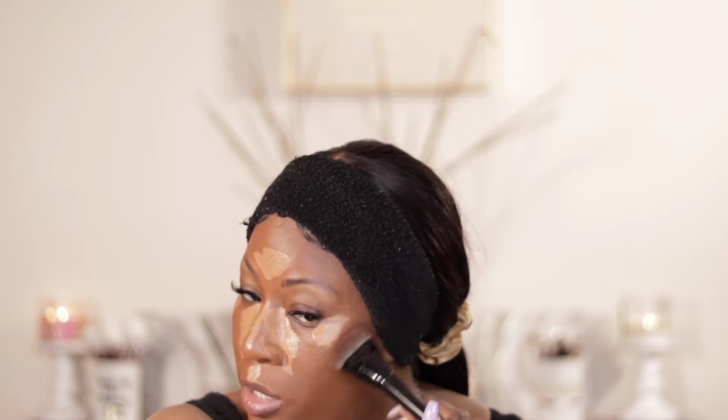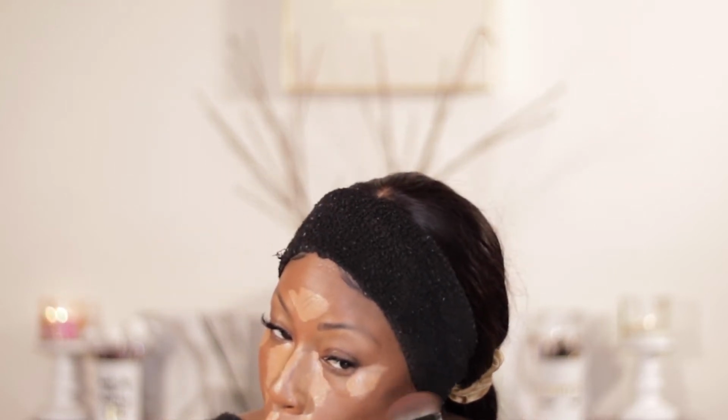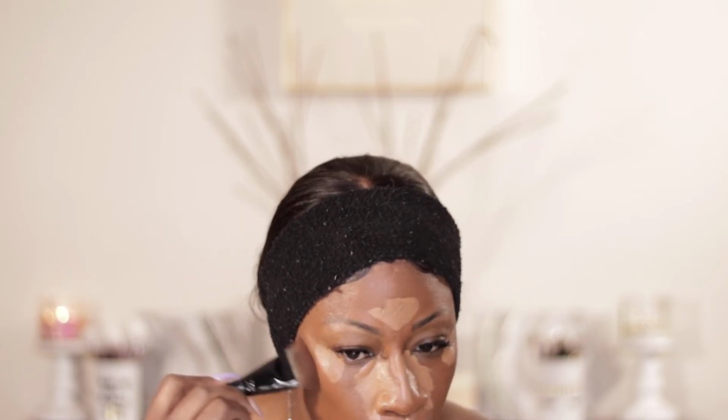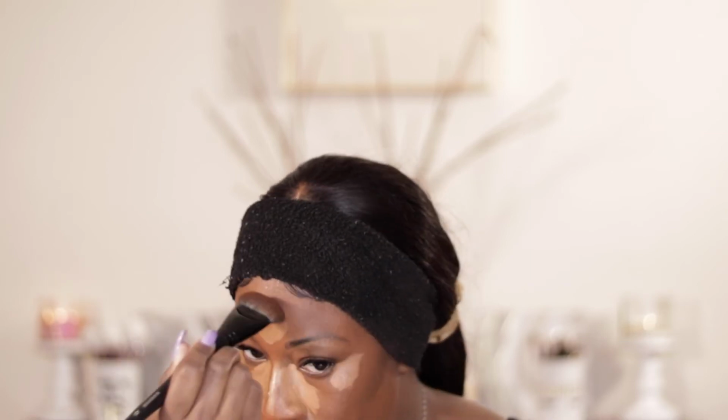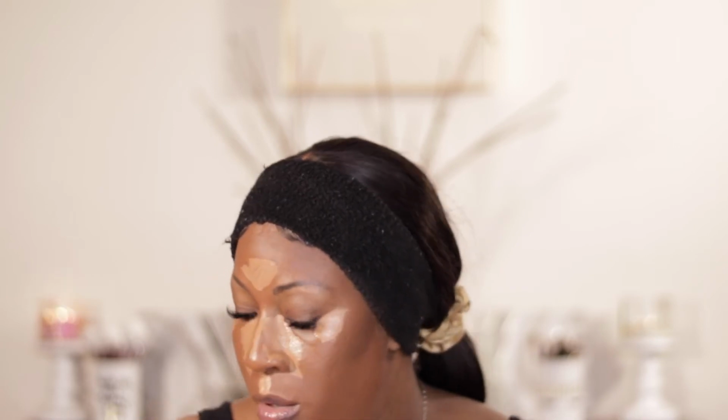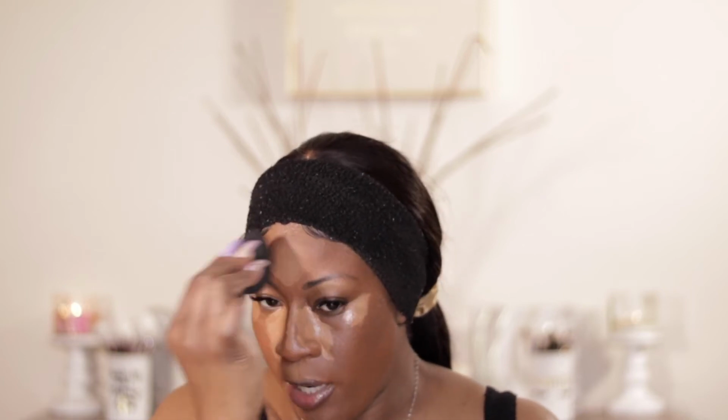I like to let the concealer dry down a little bit. This is a little more watery as far as the consistency goes, so I feel like giving it a moment to do what it's gonna do is gonna be bomb. While I put down this bronzer, okay, my Beauty Blender is damp, and I start by blending out these easy places,